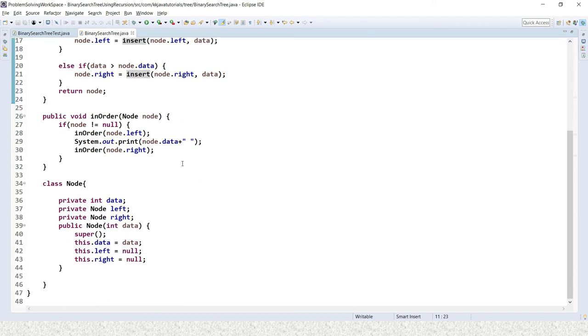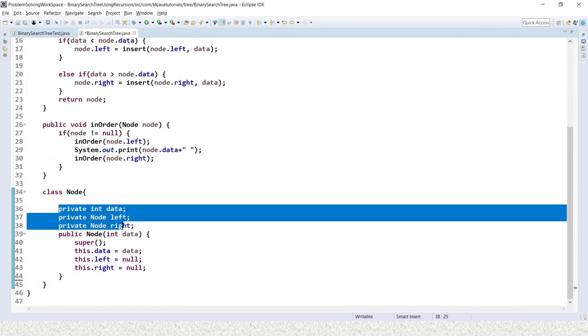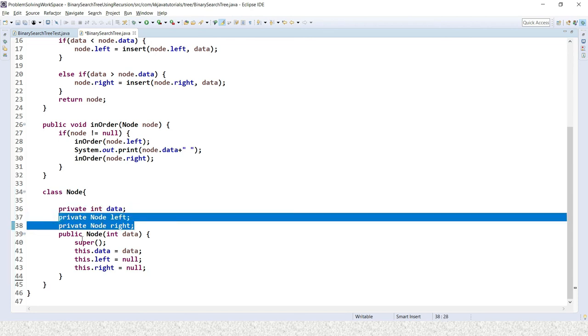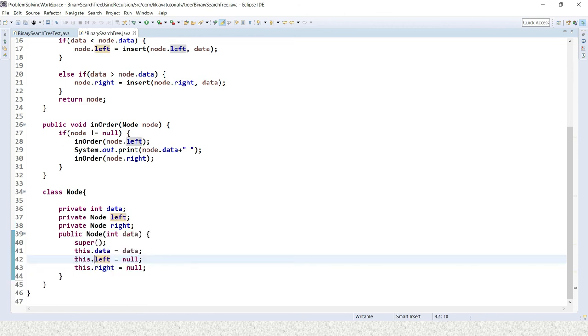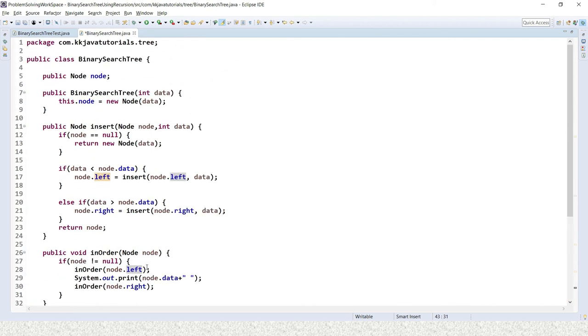Before that, binary tree always basically maintains the data in the nodes, right? And node is attached with the left and right reference, right? So that's why we have created a class called node, and I have created it as an internal class, because this is going to be used by this class only, binary search tree. There we require the data which we want to insert, and left and right reference, and I have initialized them within the constructor. Data I have initialized, but left and right node initially will be pointing to null, and that's the reason I have initialized with null.